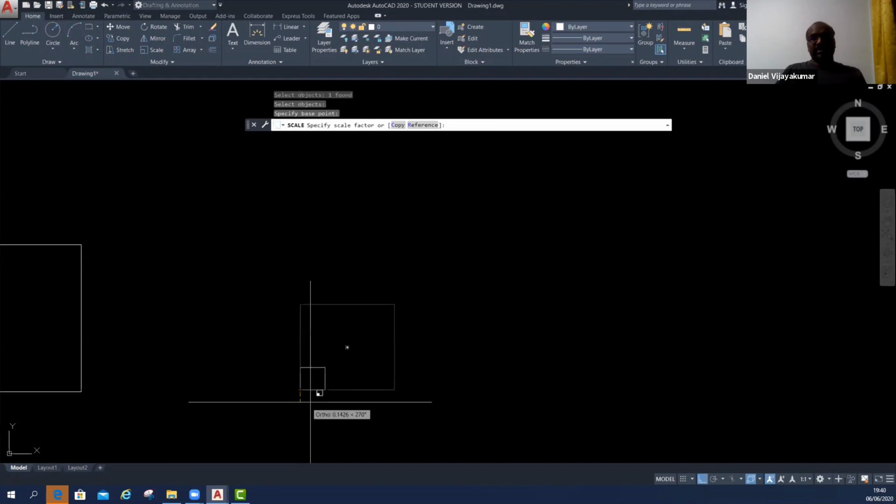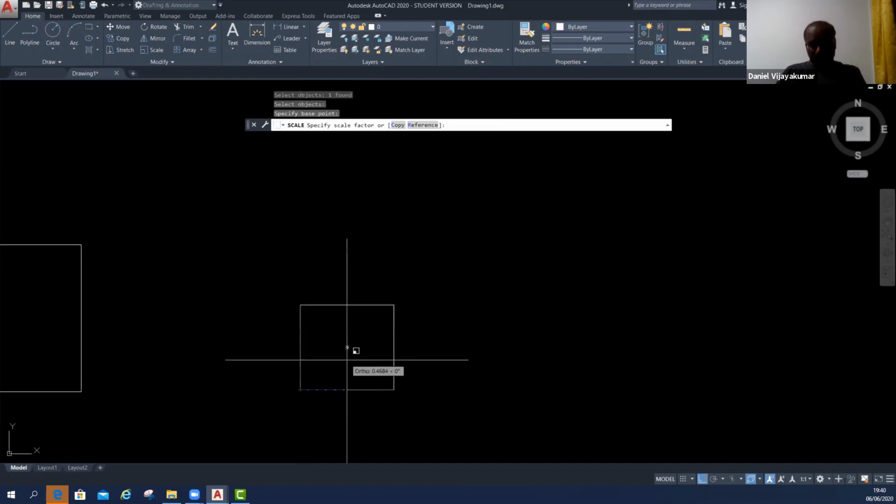Specify scale factor. Whatever scale you give, the computer will multiply by it. Now, the 100 by 100 column is 1:1. The computer takes that value of the object as 1. If you give the value 2 here...